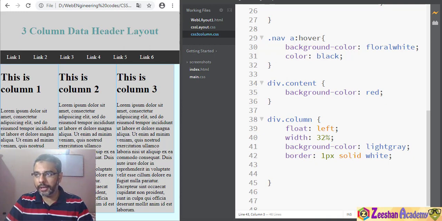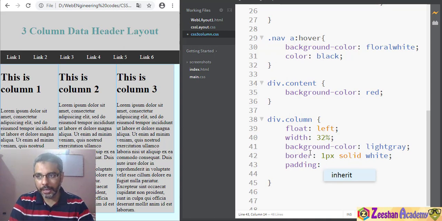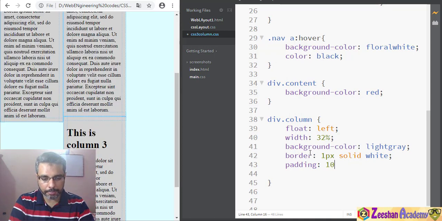Now basically what we need to do is we need to go back into our code, and I think this should do the trick for our column. I think one more thing we can do is padding, because I felt that it's very close to each other. So we can add a padding feature, and the padding can be, for example, 10 pixels. Yes, so now we have a padding available, and